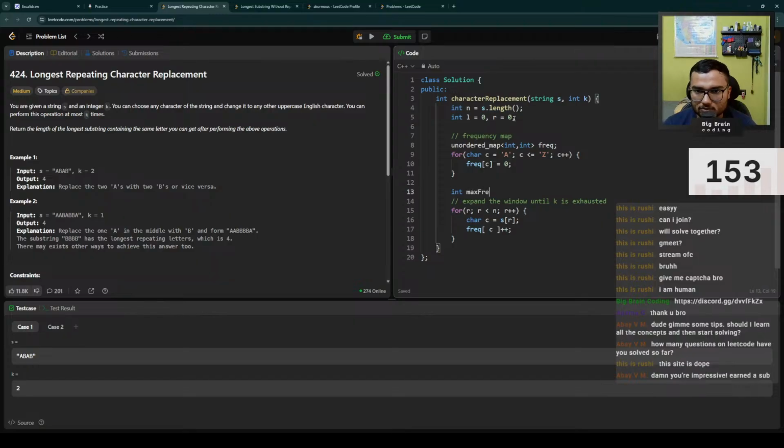Int max frequency count, or yeah, this will work. We can simply do max frequency equals max of max frequency and frequency of c, right? Then